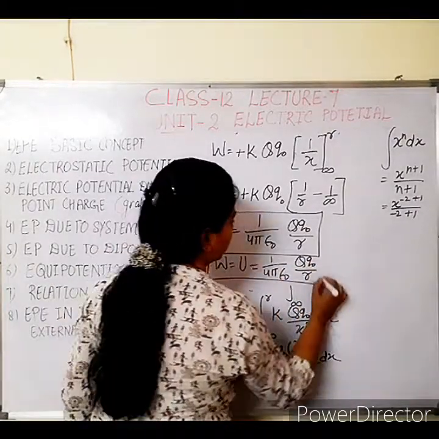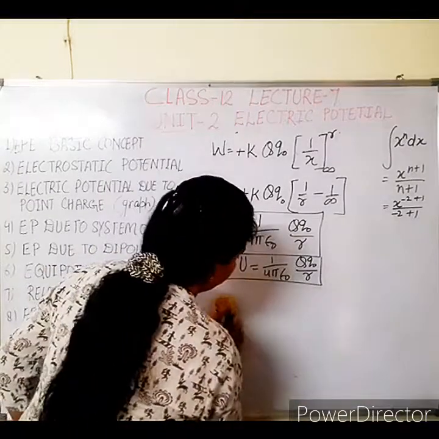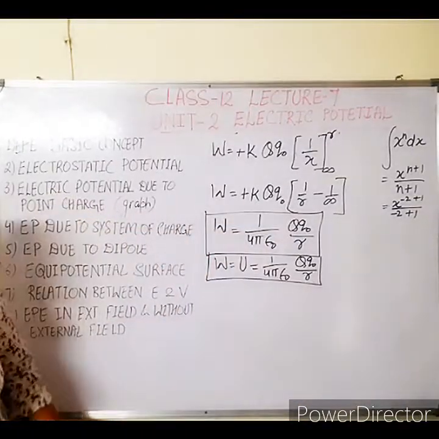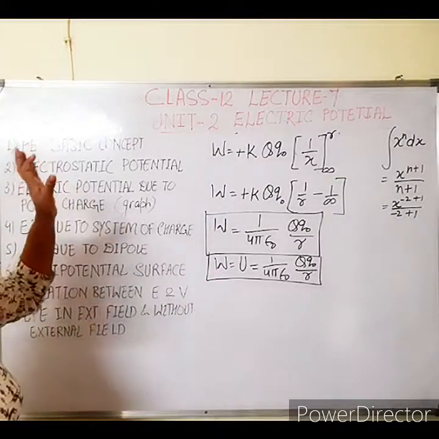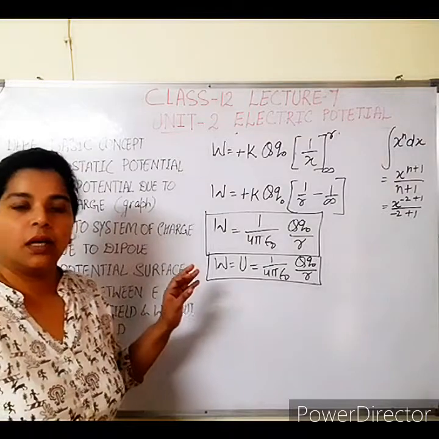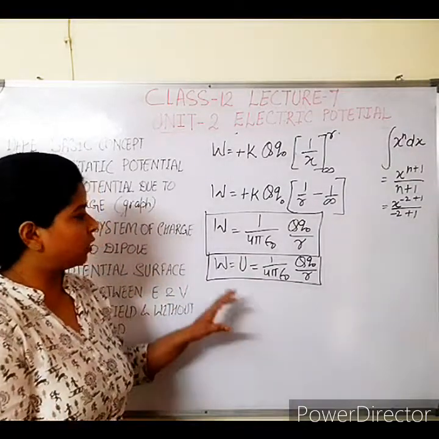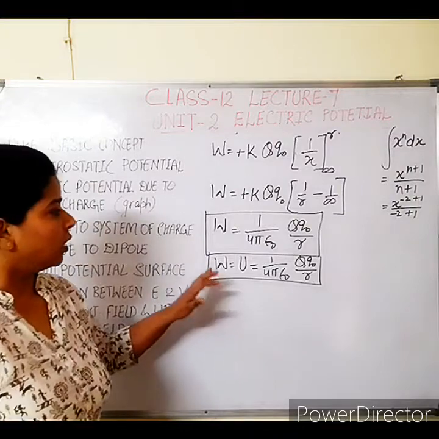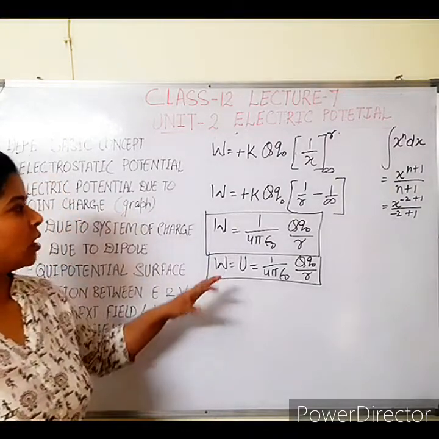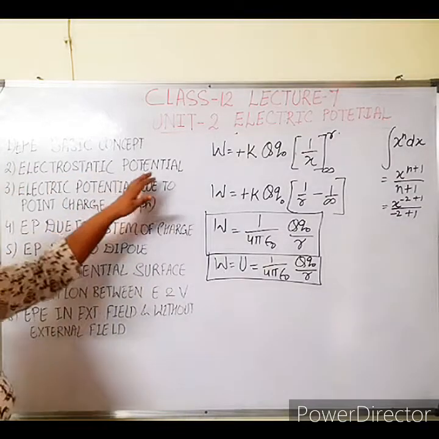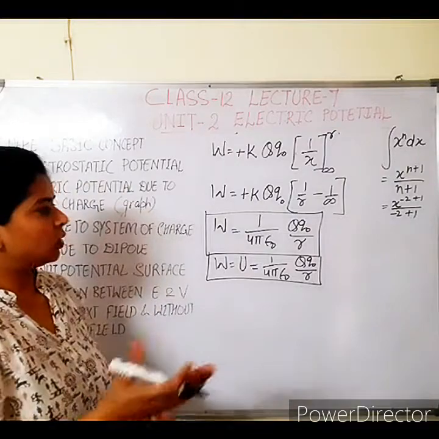This one is a very important term. So now what have we done till now? First of all, we have got the basic idea of electrostatic potential energy, from where it comes. Then we have derived the mathematical form and elaborated the formula for electrostatic potential energy. I hope it is understood, because the next term, electrostatic potential, is linked with the same topic. So we will go to the same.